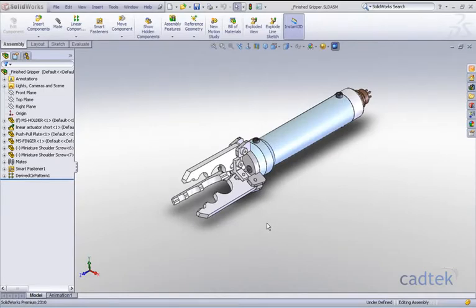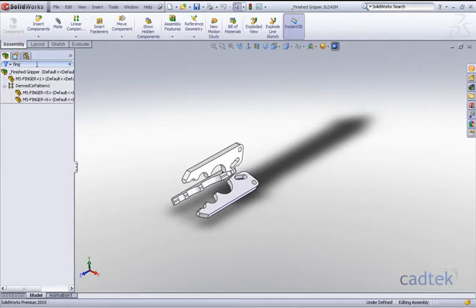When working with large assemblies, we have a number of tools available to help us be more selective when either hiding or displaying components. One of the first things we're going to look at is the actual filter that's above our feature tree. If I type in a number of characters, you can see that SolidWorks filters out all those components that don't have the characters FING either in the file name or any file